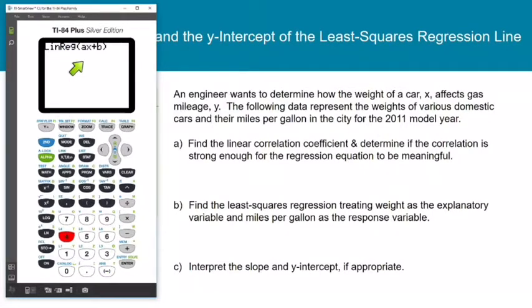All I have to do is press enter. Remember, on the new operating system, you just need to make sure that where it says frequency list, that's blank, and where it says store reg EQ, you don't need to store it anywhere for right now, so that's fine. So we'll just press enter here, and I see that our r is negative 0.9596, so that's going to round to negative 0.96, and to determine if the linear correlation coefficient is large enough